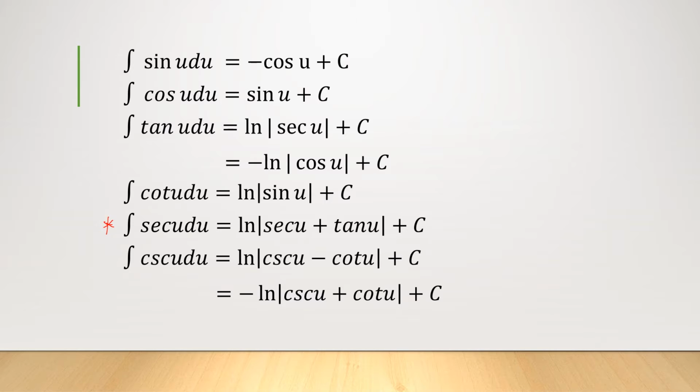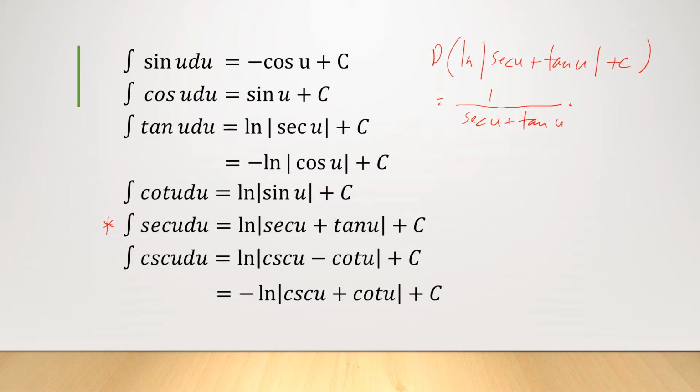We take the derivative of ln of the absolute value of secant u plus tangent u plus c. The derivative of ln is 1 all over secant u plus tangent u